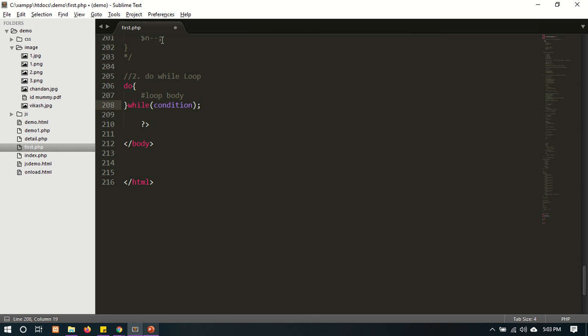In the do while, in the last there is the semicolon, इसमें लास्ट में सेमीकोलन होता ही होता है।